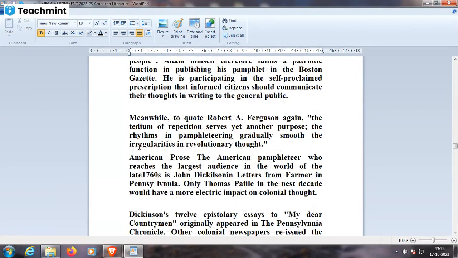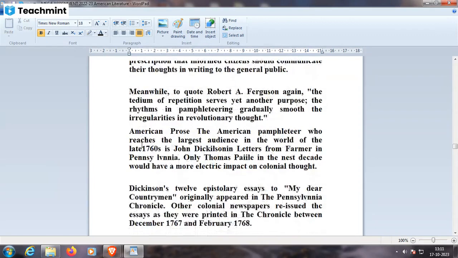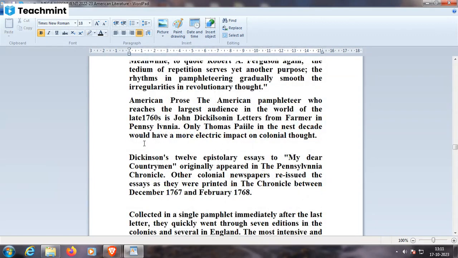Meanwhile, to quote Robert A. Ferguson again, the tedium of repetition serves yet another purpose. The rhythms in pamphleteering gradually smooth the irregularities in revolutionary thought. American prose, the American pamphleteer who reaches the largest audience in the world of the late 1760s is John